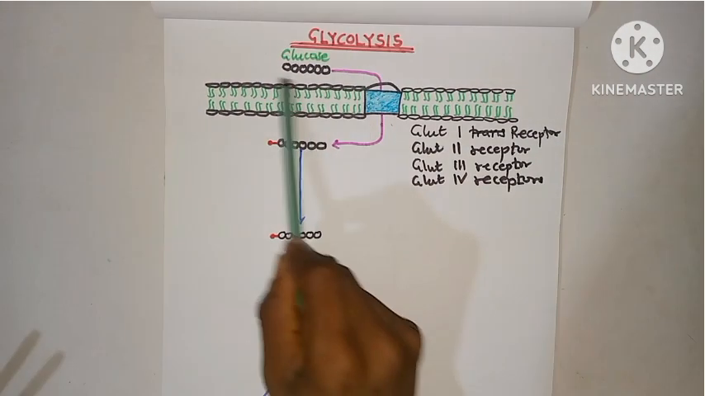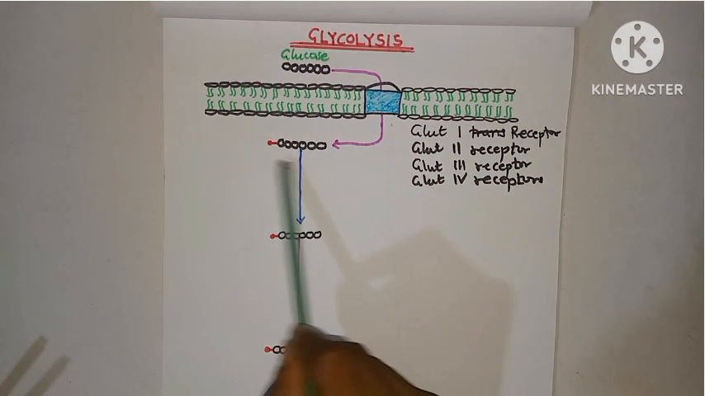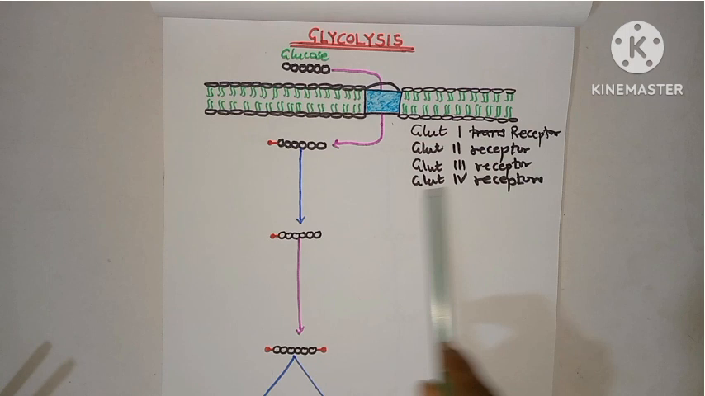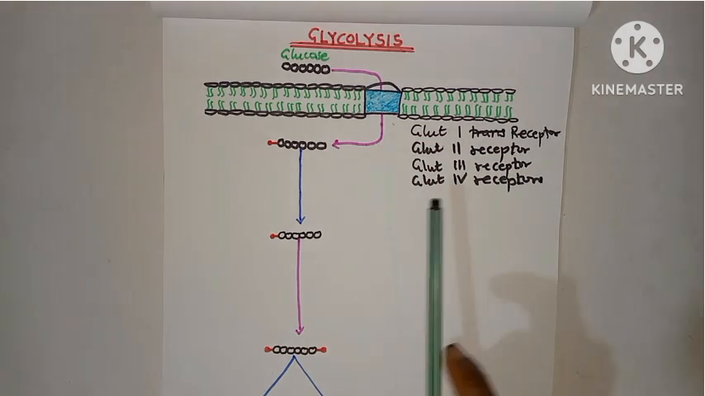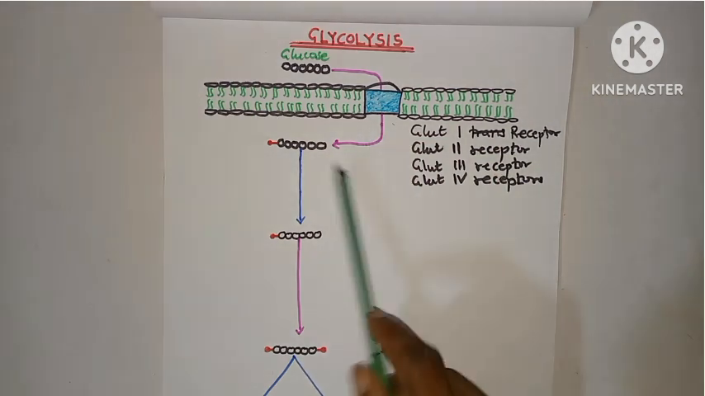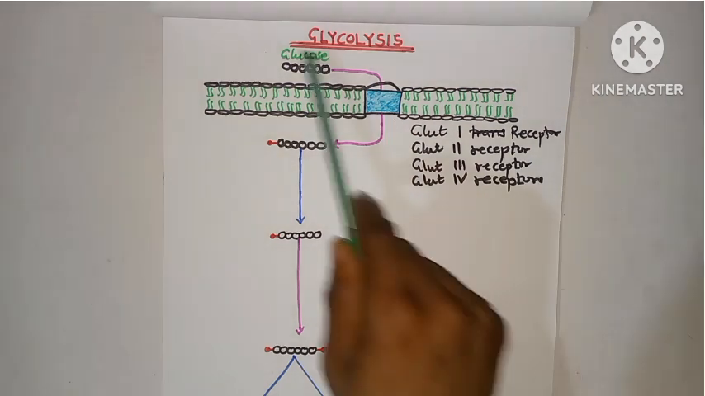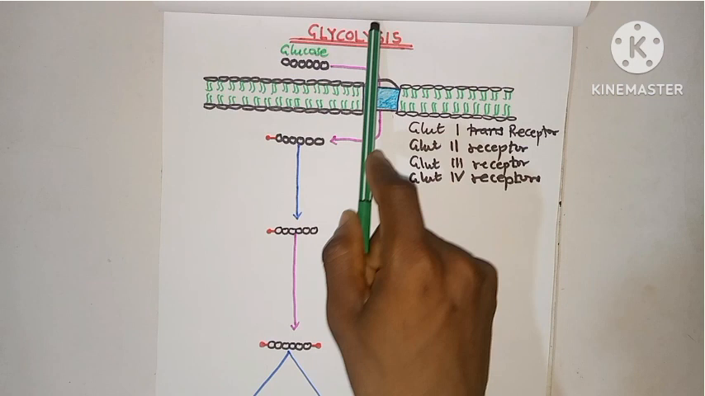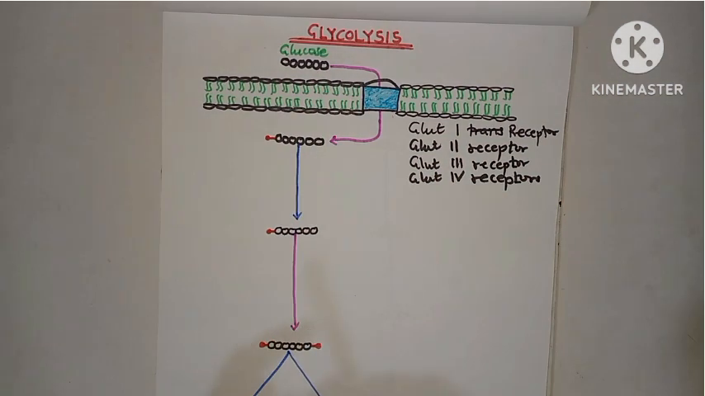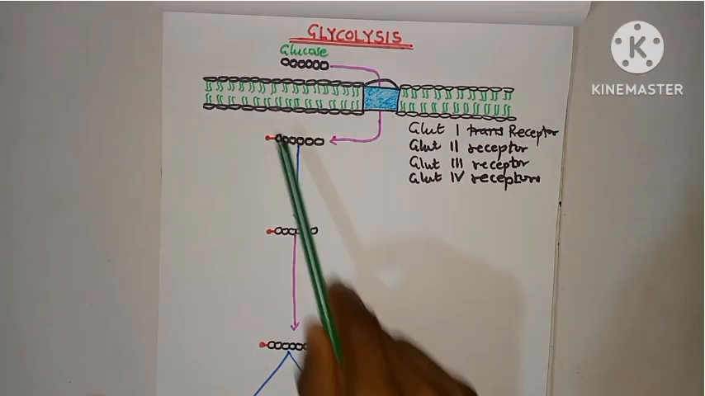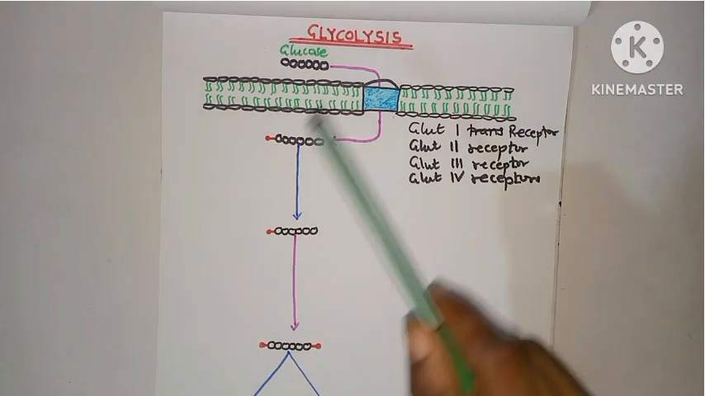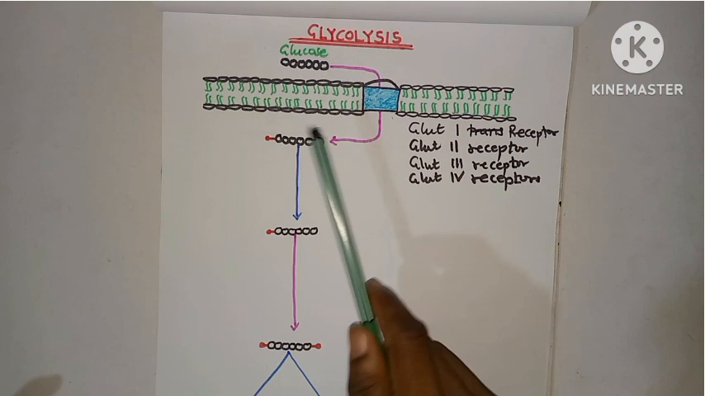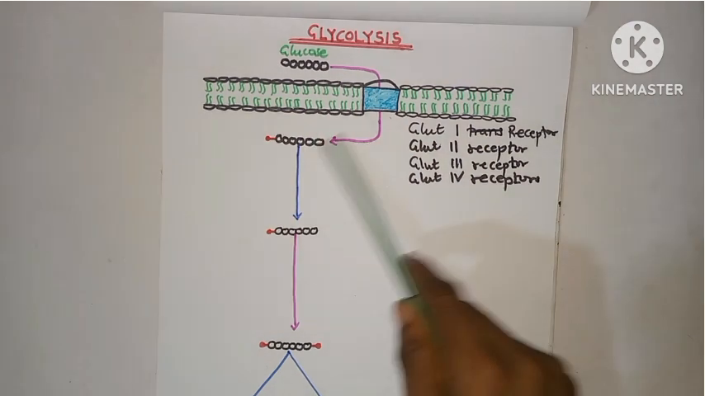So this glucose here is brought into the cell by one of these transporters depending on the type of organ. These transporters are bidirectional. They take glucose in and can also take glucose out. So when glucose comes into the cell, it is capable of moving out again. So in order to prevent this glucose from moving out of the cell,